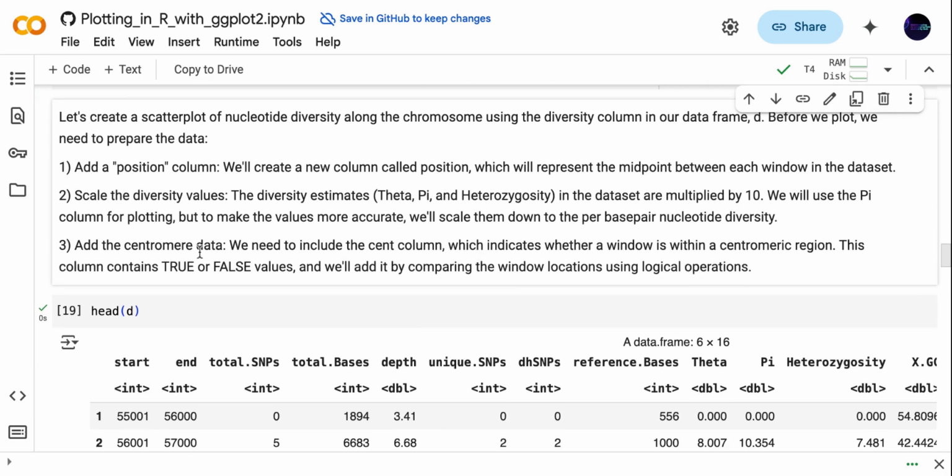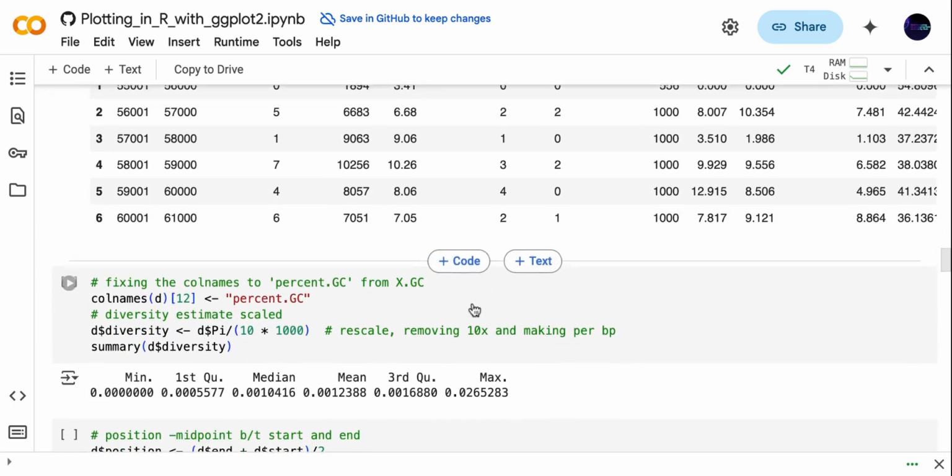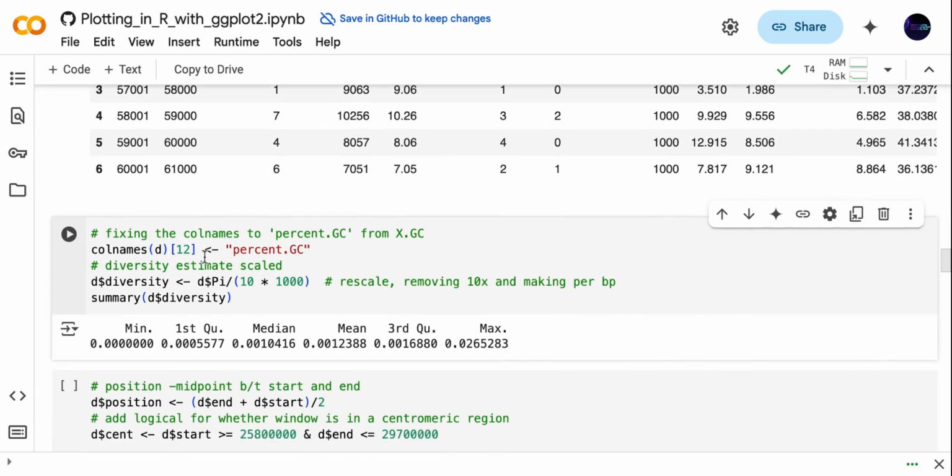Then we will add the centromere in the data. We need to include the cent column, which indicates whether a window is within a centromeric region. This column basically contains true or false values, and we will add it by comparing the window location using logical operators. Okay, here you can see first we use the column name. First we are fixing the column. Okay, then we are estimating the diversity,